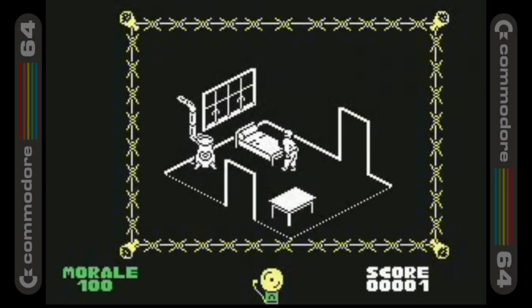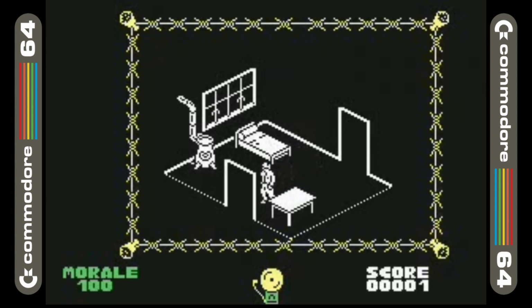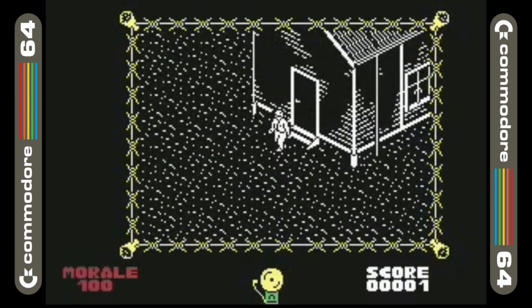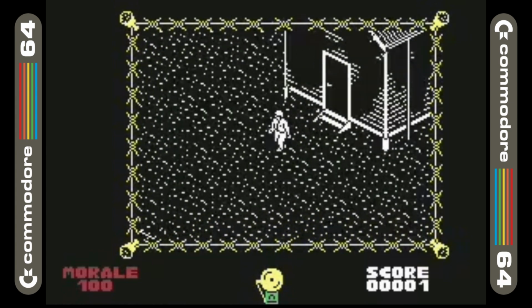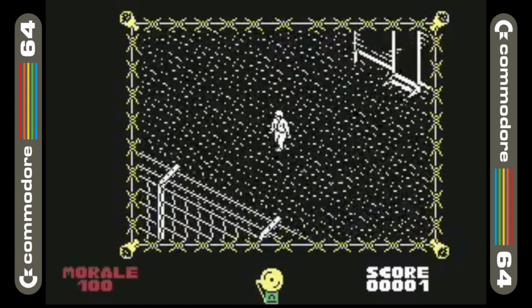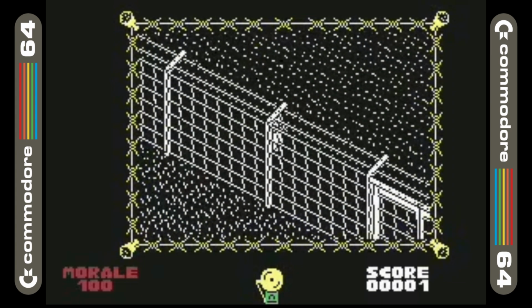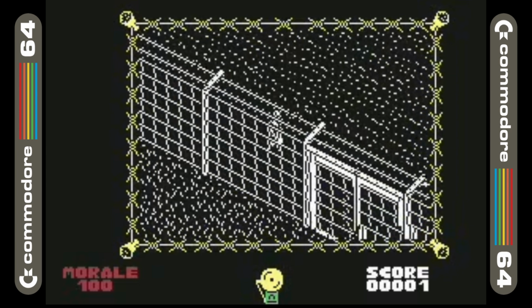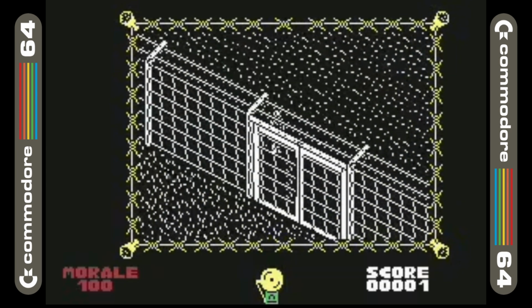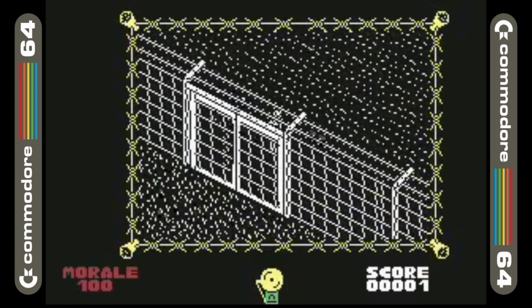Okay, let's get into the other versions, shall we? So let's look at the Commodore 64 version. Now, the well-known converter Trevor Innes created this Commodore 64 version. Now, what I would say in overall summary, it's very similar to the ZX Spectrum version. I can say that the isometric gameplay makes it a tad difficult to navigate your character using a joystick,